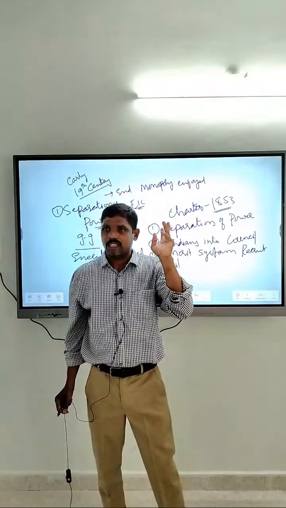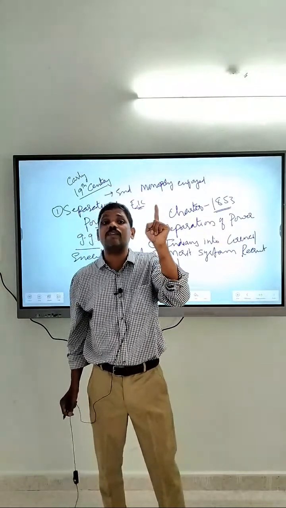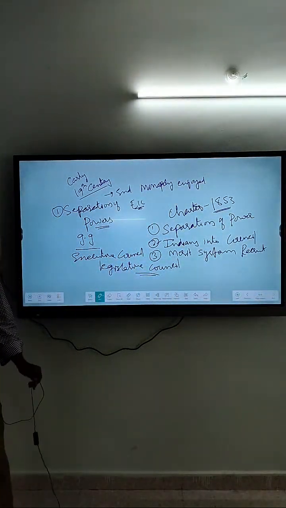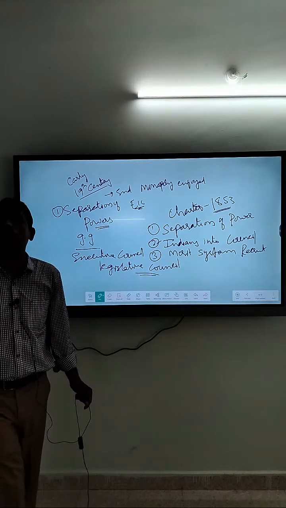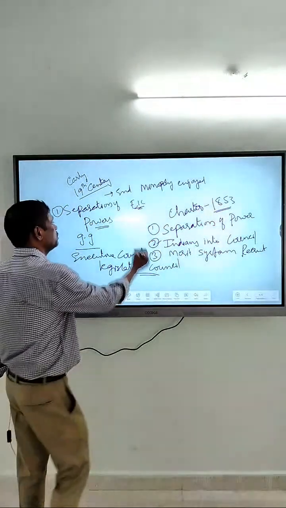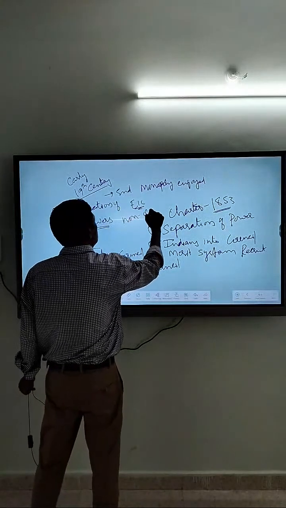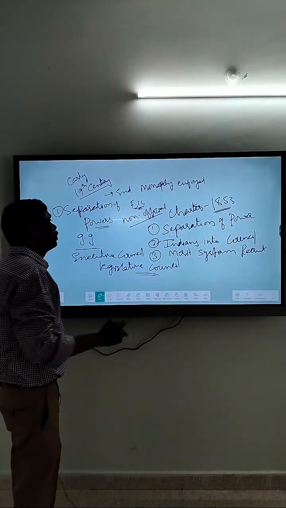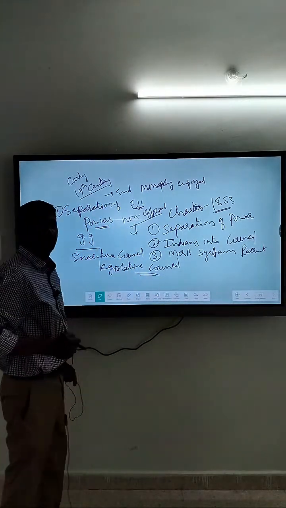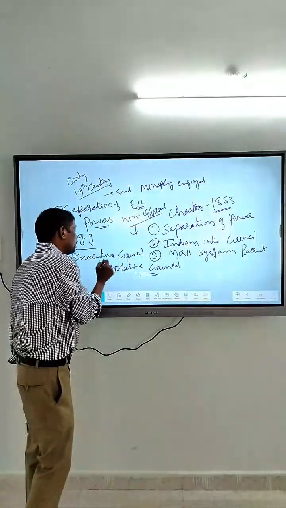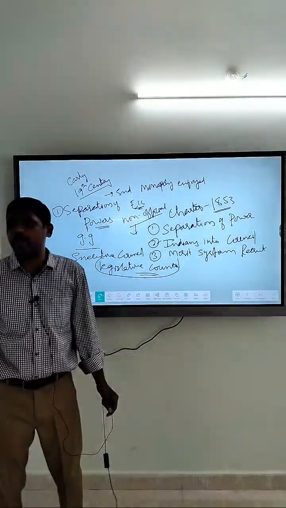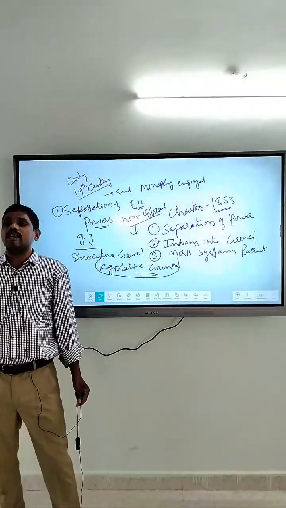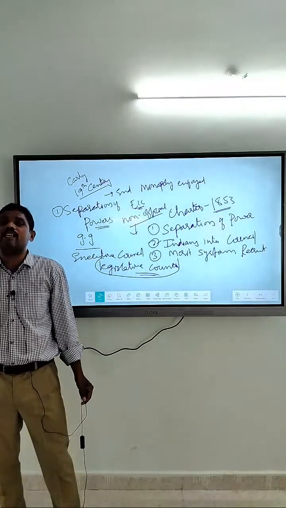Three Indians were appointed in a non-official capacity. That is, they were non-official members appointed to the council. So they are appointed to the legislative council, and they are simply the representatives of these three presidencies. Their views are just opinions which are not binding in the law making process.